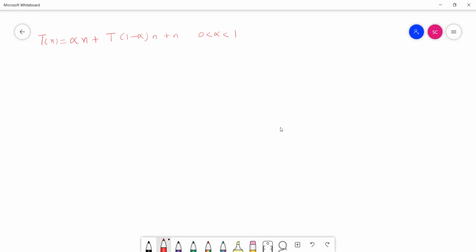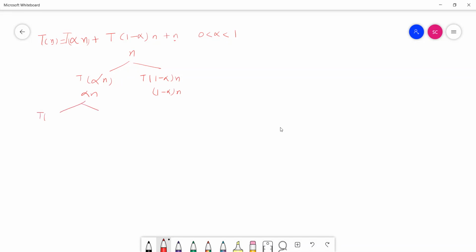So again, we'll use the recursion tree method. While doing n amount of work, we are getting two subproblems, T(alpha n) and T((1 minus alpha) n). Here we'll do alpha n amount of work, and here we'll do (1 minus alpha) n amount of work, which is equal to the input size n. So we'll substitute alpha n in the complete equation. So what are we getting here?